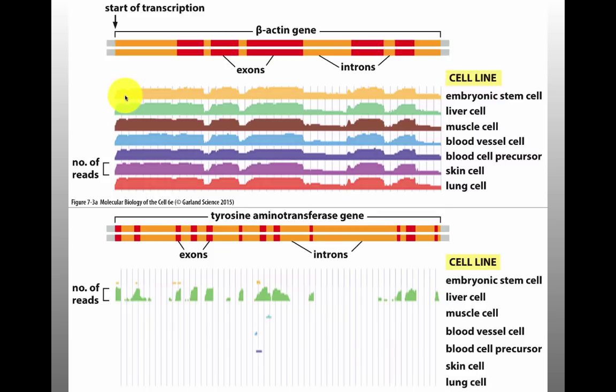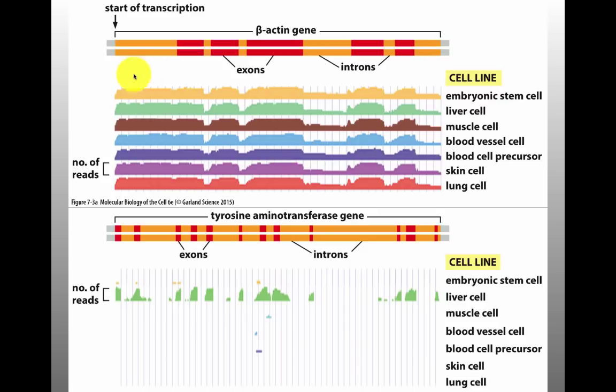Here, for every RNA that you see, you'll put a little dot. And if there's the same RNA there, you'll put a dot on top of it, et cetera. So you end up with a bar if you have a lot of RNA with that particular sequence in it. This is a great way to tell where you've got exons versus introns, because you have a lot fewer RNAs in these introns than you have in the exons.